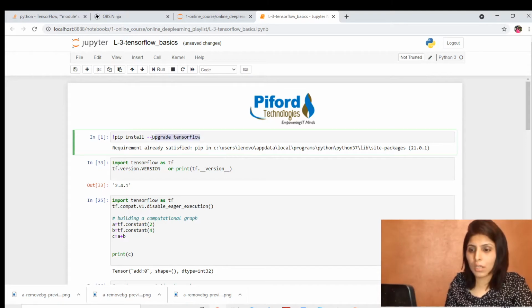When you execute it in Jupyter Notebook, you can install TensorFlow also. I have already installed it, so I'm commenting it out.